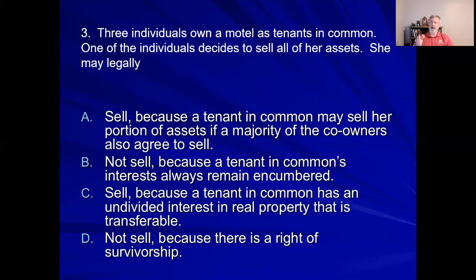Well, you look on the title, because under tenants in common, each owner will get their own title, which will reflect how much interest each owner owns. So if I was one of the owners, I'd have my title and my other partners would have their title, each reflecting the percentage of interest they own in the property.